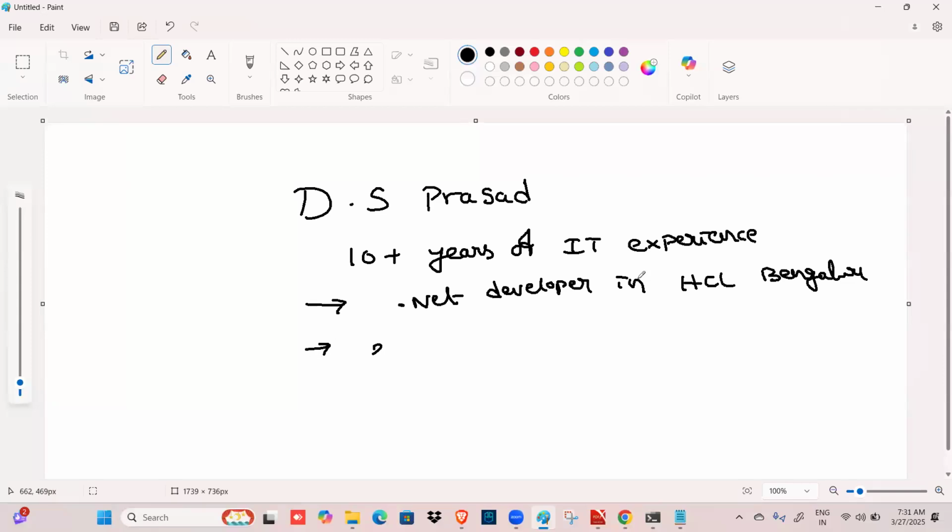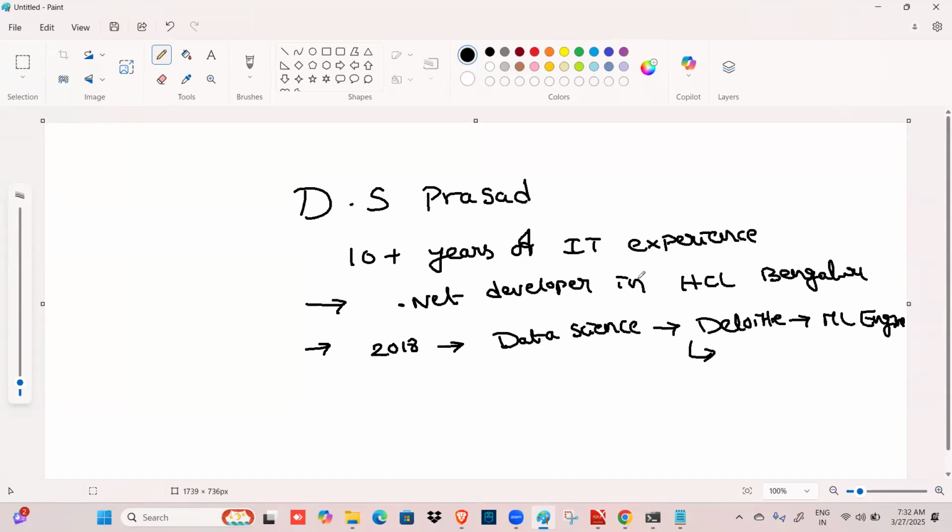And after that, in 2018, I switched my career to data science and got an opportunity in Deloitte as an ML engineer. In Deloitte itself, my role changed from ML to AI engineer,